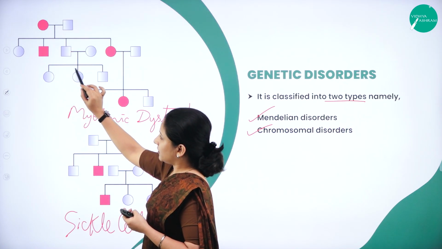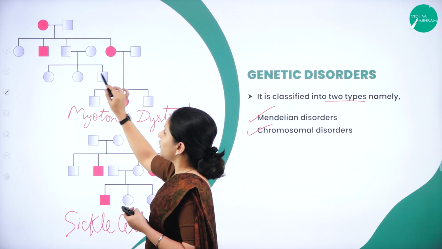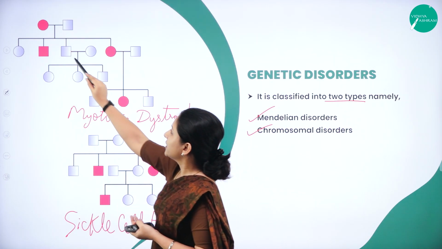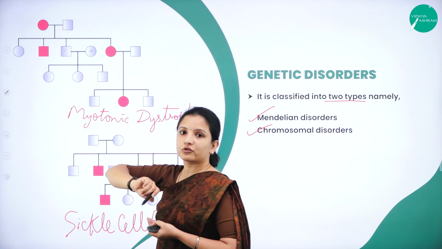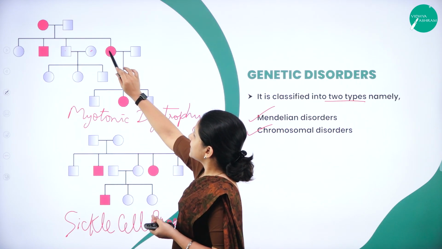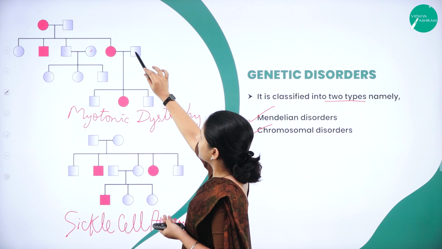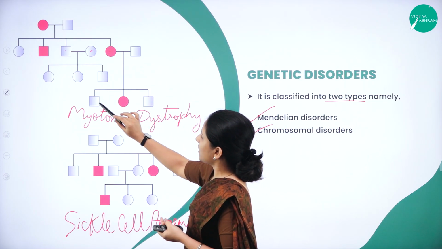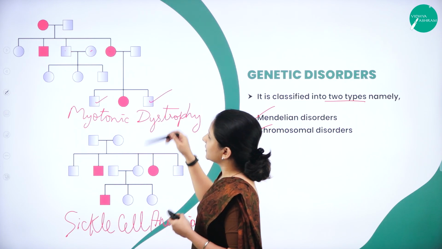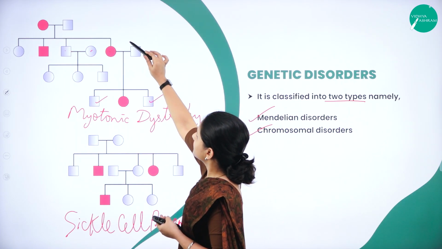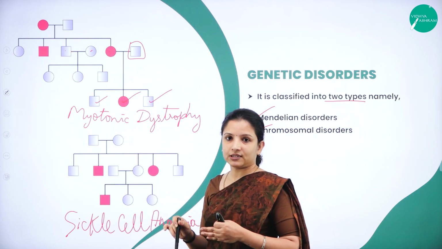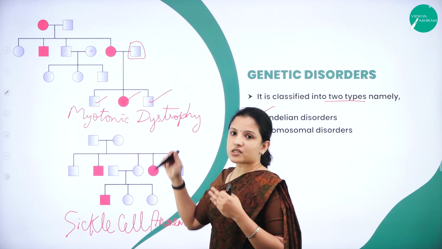If it is a girl child, they are free of disease, and if it is a boy child, they are also free of disease. Why? Because there is no disease in both of these, right? Now if a diseased female again mates with a male, then what happens? In the resulting pedigree, the males will be disease free. Why? Because it is dominant here, and if it is a female, she will have the disease. So that is how the pedigree chart is done.